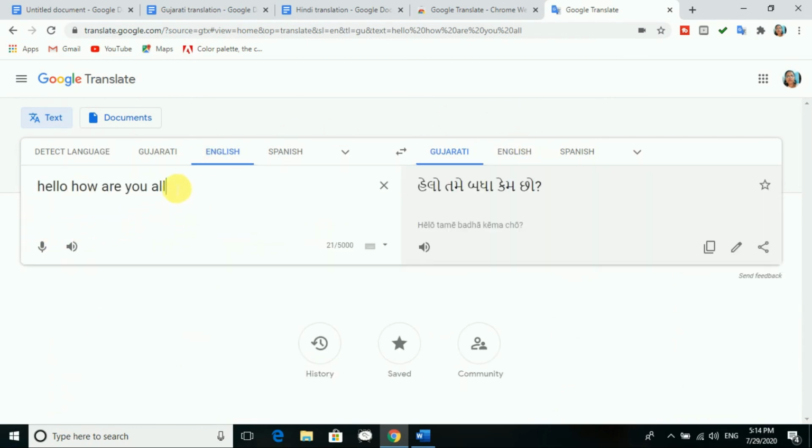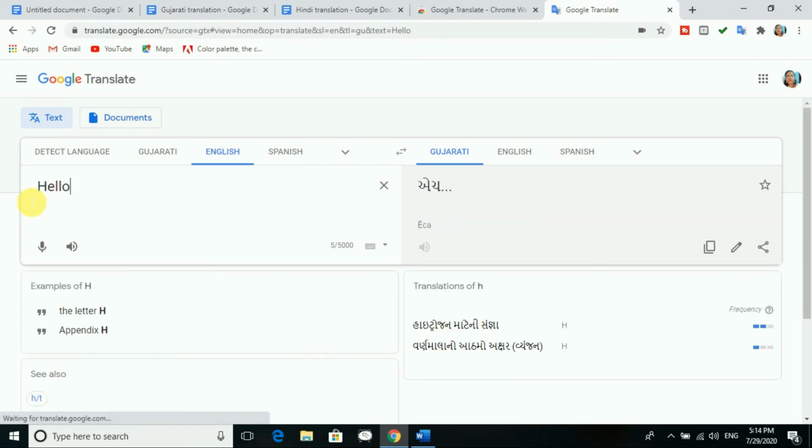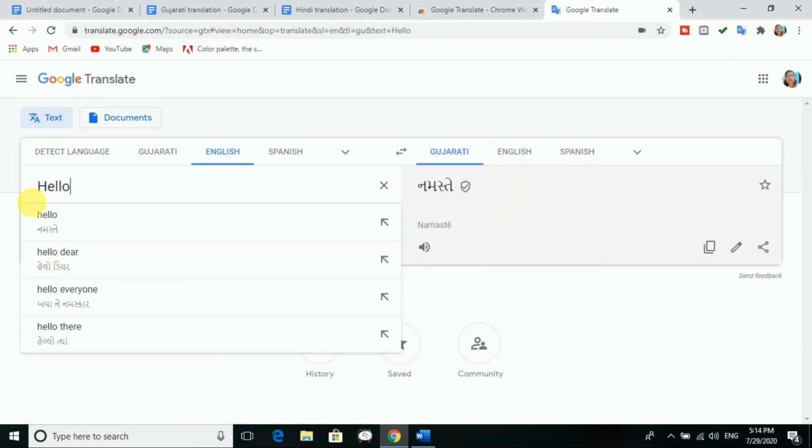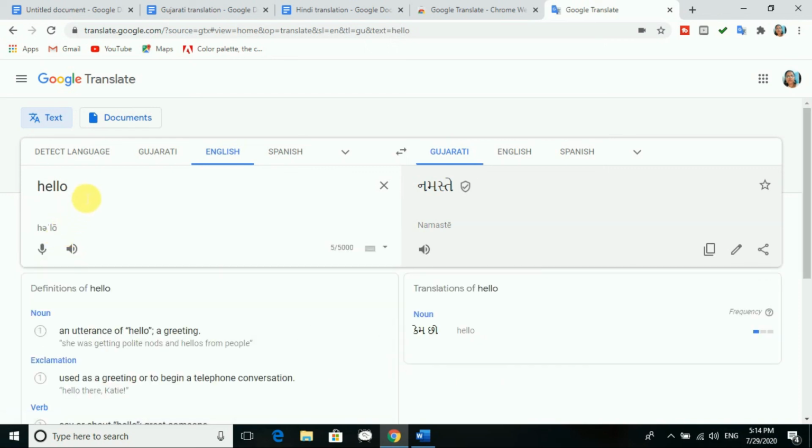Another thing, yes, here when we are writing the text, as you write here, you will get the translation of that, namaste. You can see over here. So this is about it.